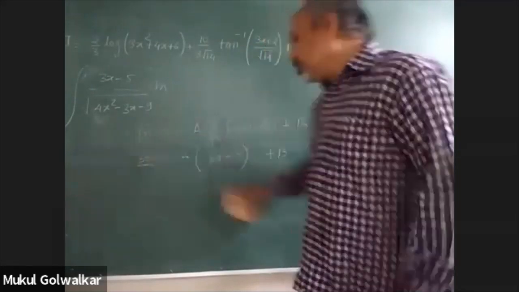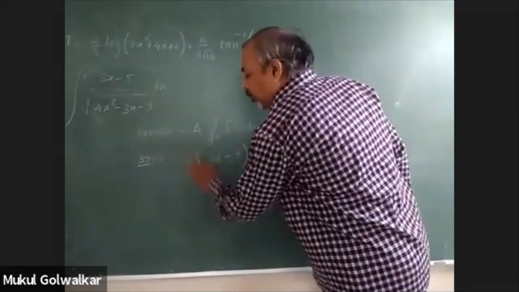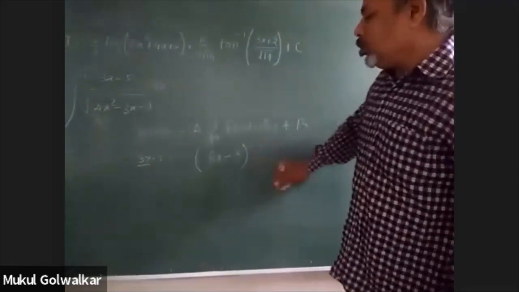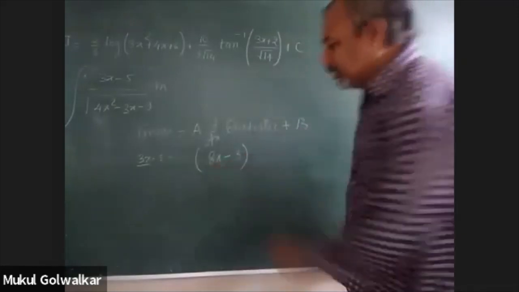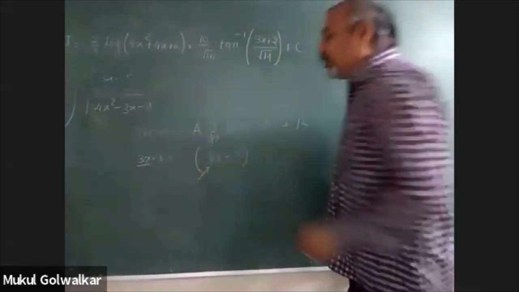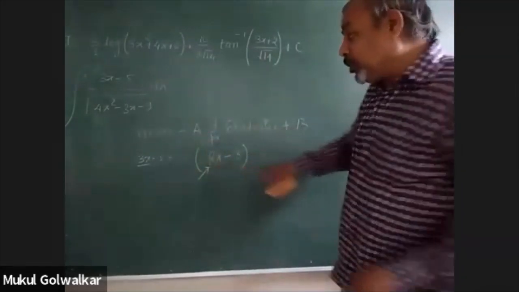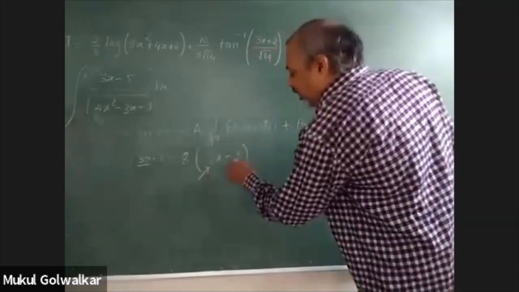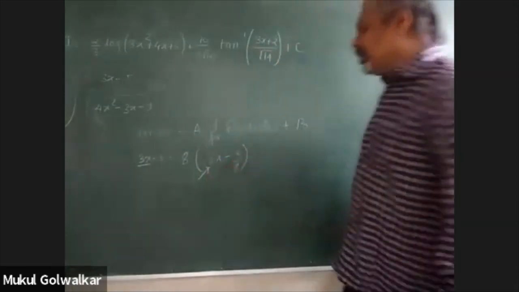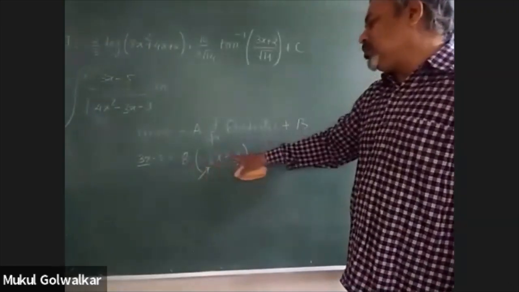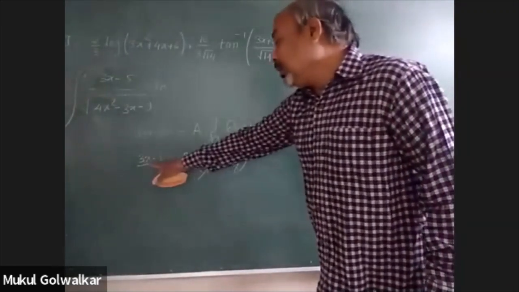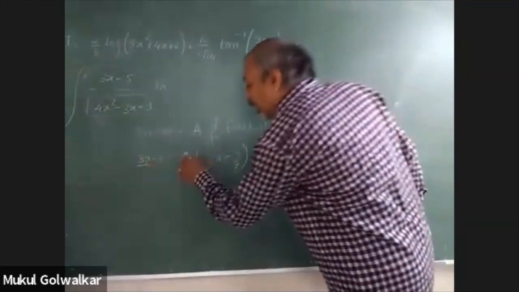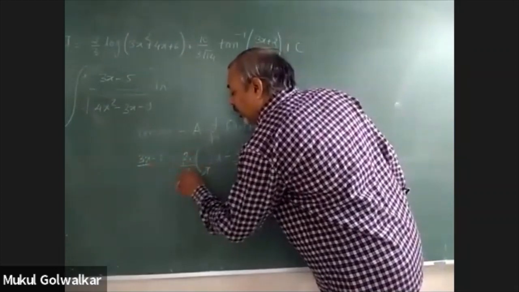Suppose in place of A and B, I don't write anything right now. To make the coefficient 3, I am taking this coefficient of x out common. Means in 8x minus 3, I have taken out 8 common. So now this has become x minus 3 by 8. This is 8 into x minus 3 by 8. And now what you wanted? You wanted that the coefficient of x should be 3. So you multiply it by 3 and divide it by 3 like this.